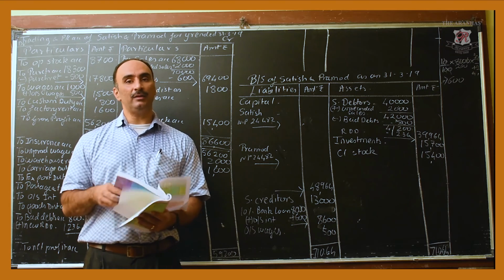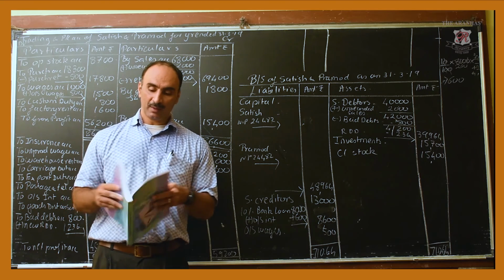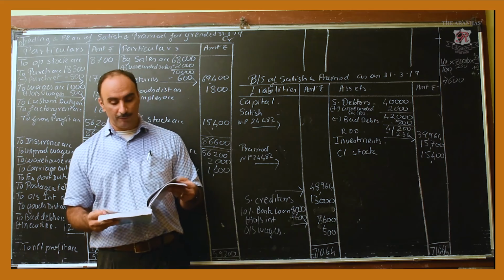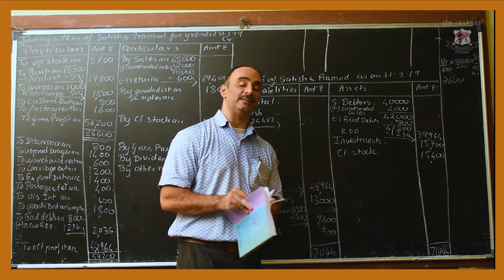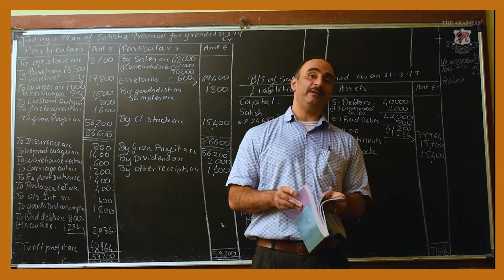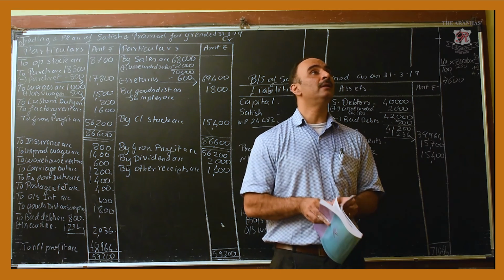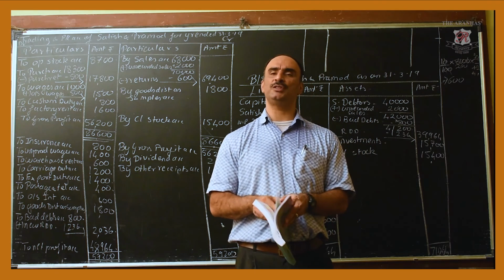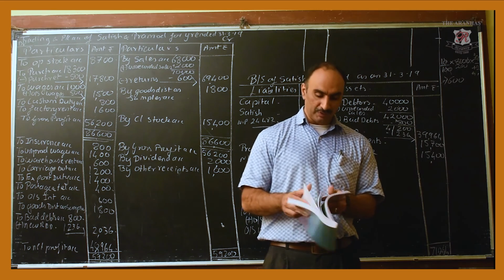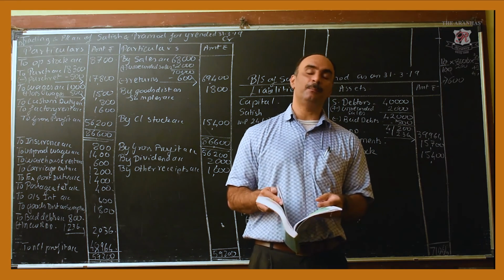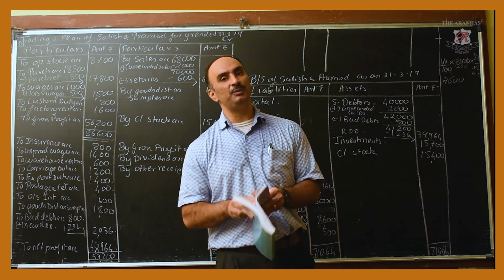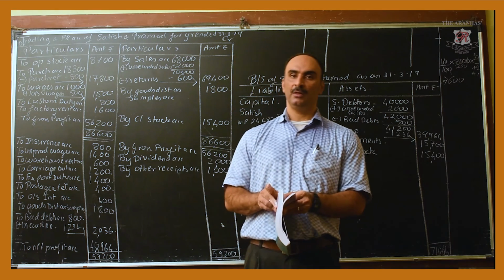So once those two sums are over, then we will go to the next chapter, that is accounts of not-for-profit organization. That is the receipt and payment, income and expenditure account to be prepared. That we will be starting from next week sometime onwards. So next week Tuesday, probably we will start with the next chapter. On Thursday I will do the problem 9, Monday I will do the problem 10, and then from Tuesday onwards we start with a new lesson.